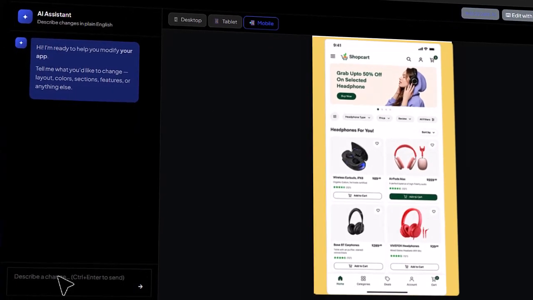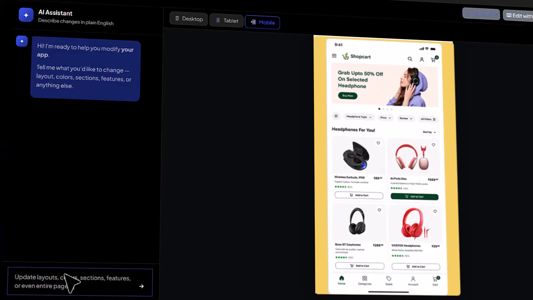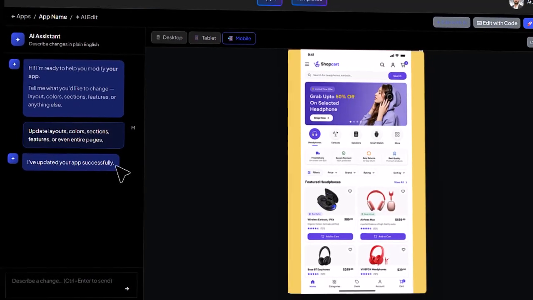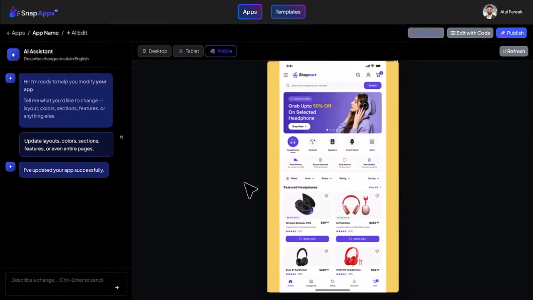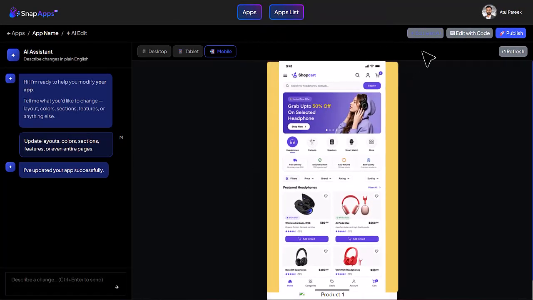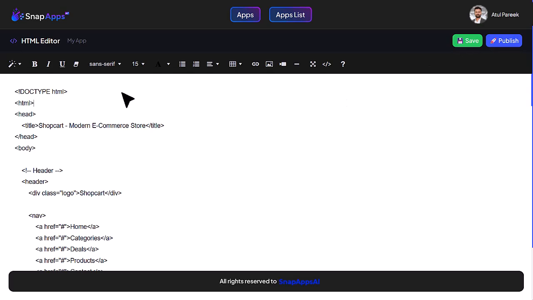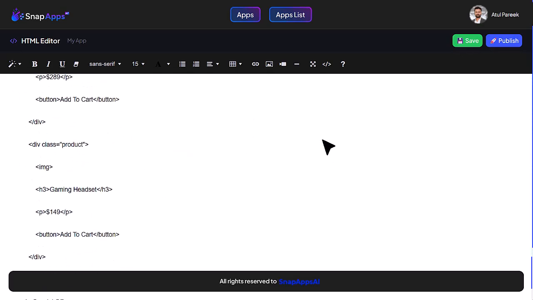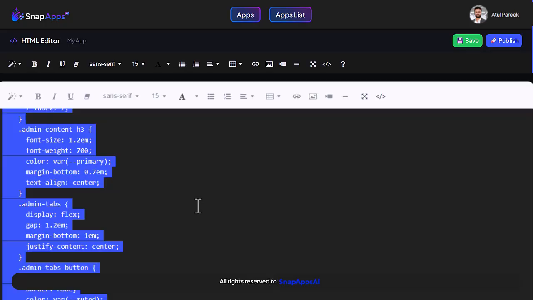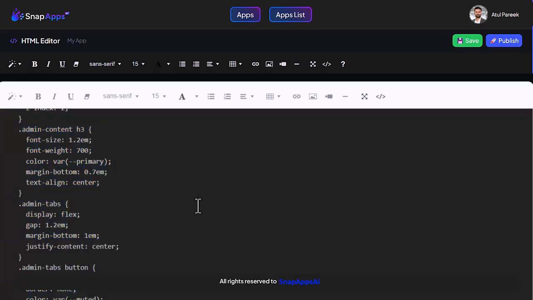Want to make changes? Just tell the AI in plain English. Update layouts, colors, sections, features, or even entire pages, and watch every change appear live in the preview. Need complete control? Open the code editor to customize every detail exactly the way you want. Or you can copy your full source code, extend your project, or continue development in your favorite IDE with complete